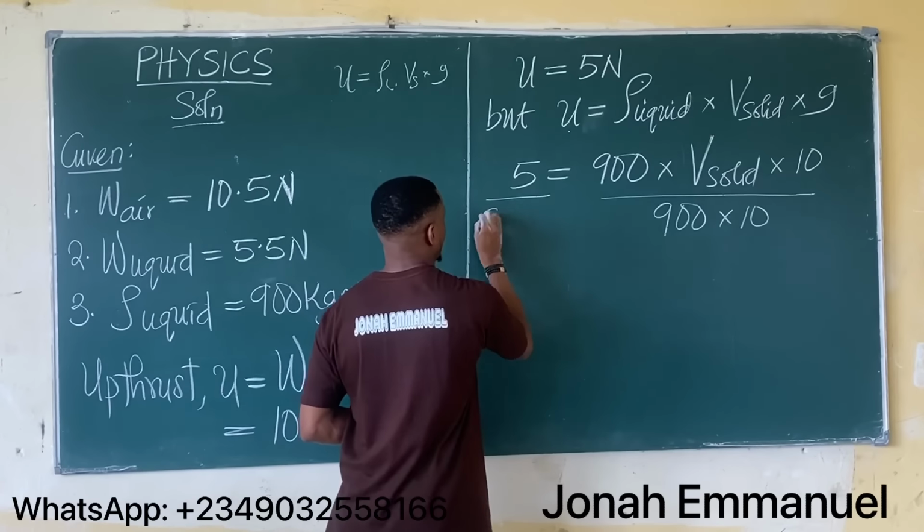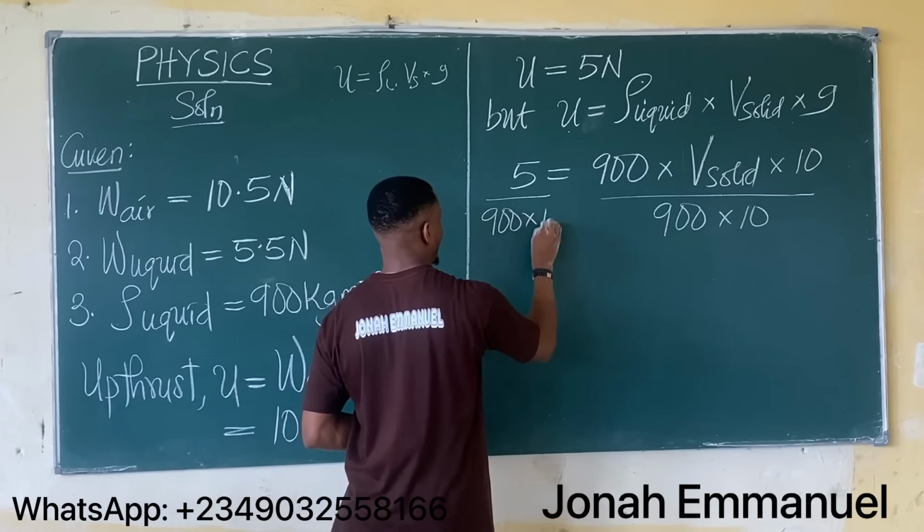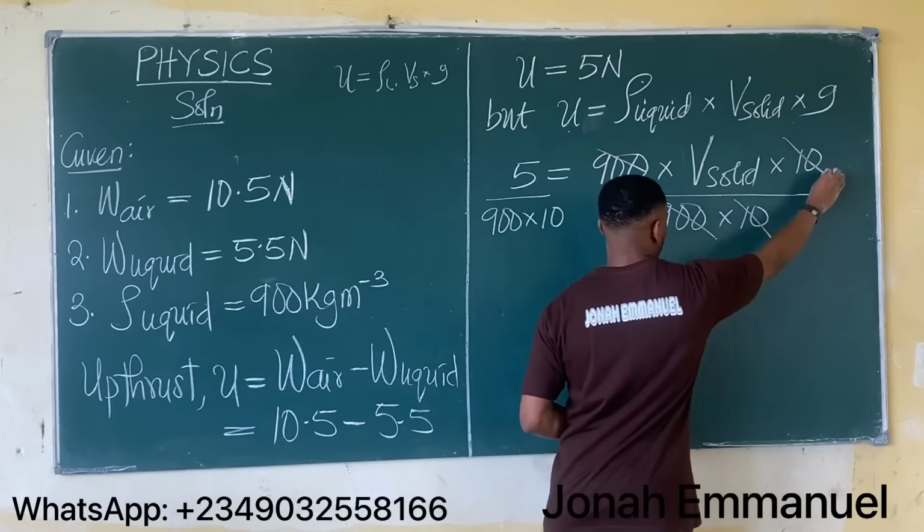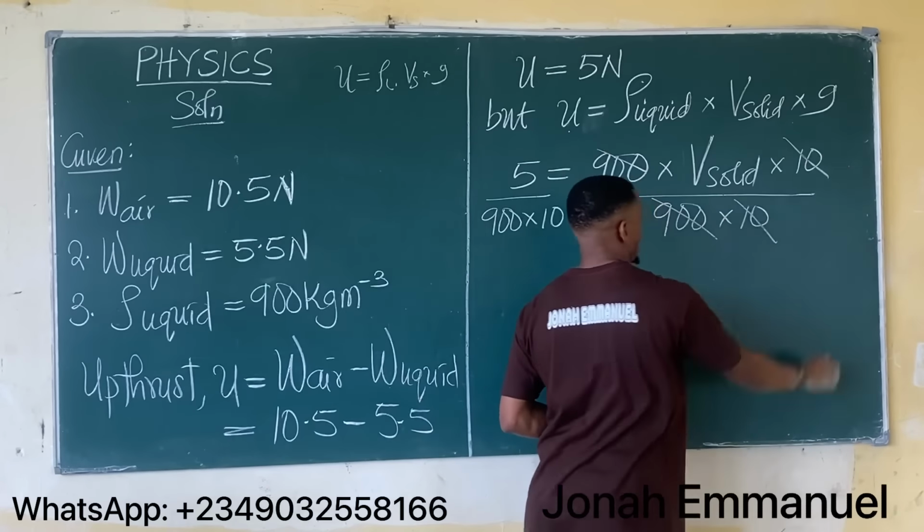Better still, you can multiply 900 times 10 and get 9,000 first. You see, you have the same answer. So the volume of the solid is equal to 5 over 900 times 10, is 9,000. So 5 over 9,000,